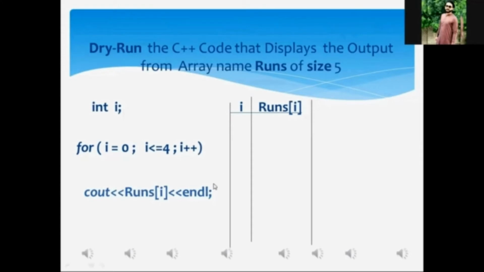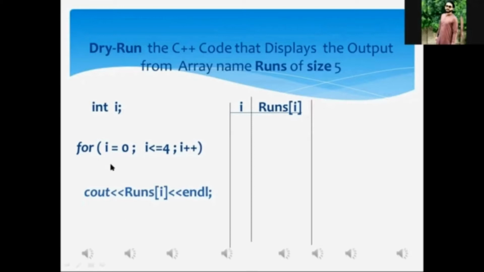And now I'm going to tell you how to execute this C++ code, and this is known as the dry run. When you execute a C++ code on paper without the help of a machine or computer, this is known as what? The dry run. Okay, my dear Aftab, are you ready? Ready, sir.